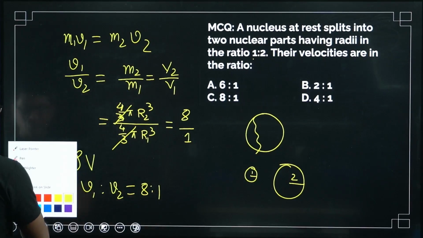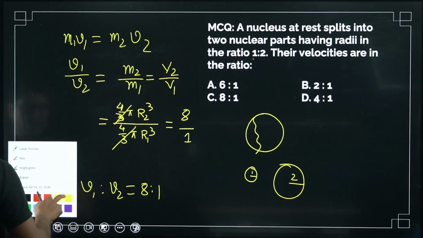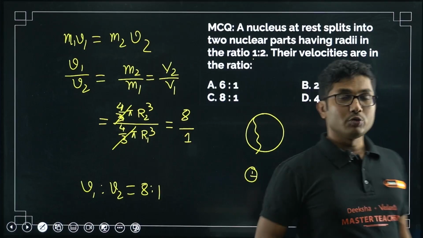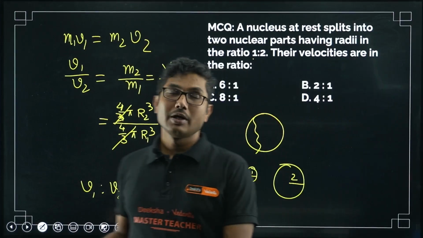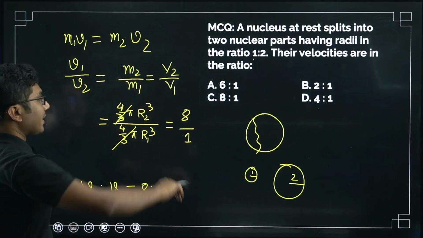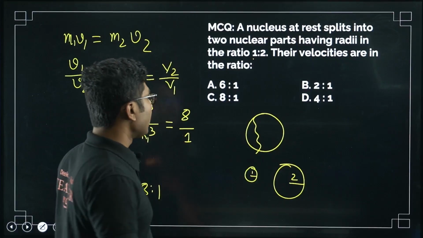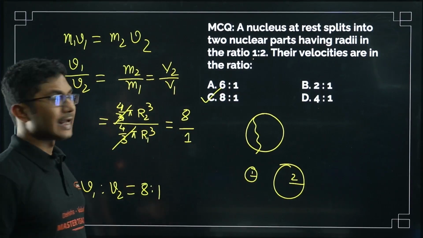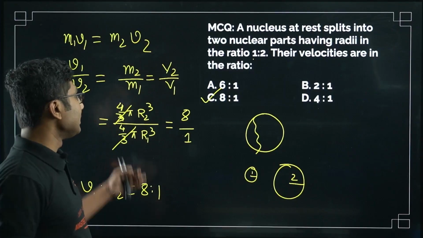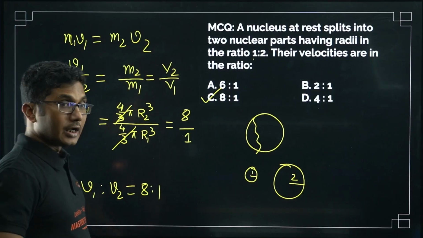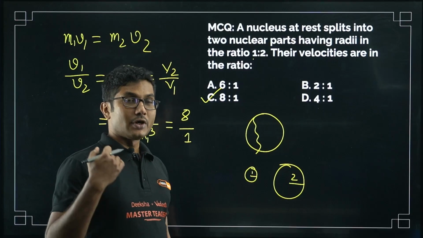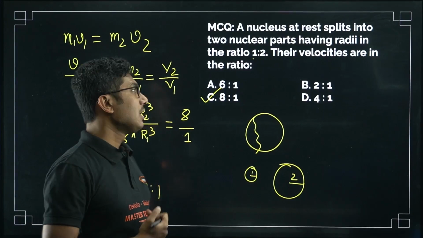Even though no data is given here, the only thing you need to know is that mass is proportional to volume, because density is constant. So from there you just find the ratio of the volumes. So it will be 8 to 1. Even though the problem seems difficult, it is actually very simple. This kind of ratio question can sometimes be tricky, but if you know the theory, you can answer such questions.